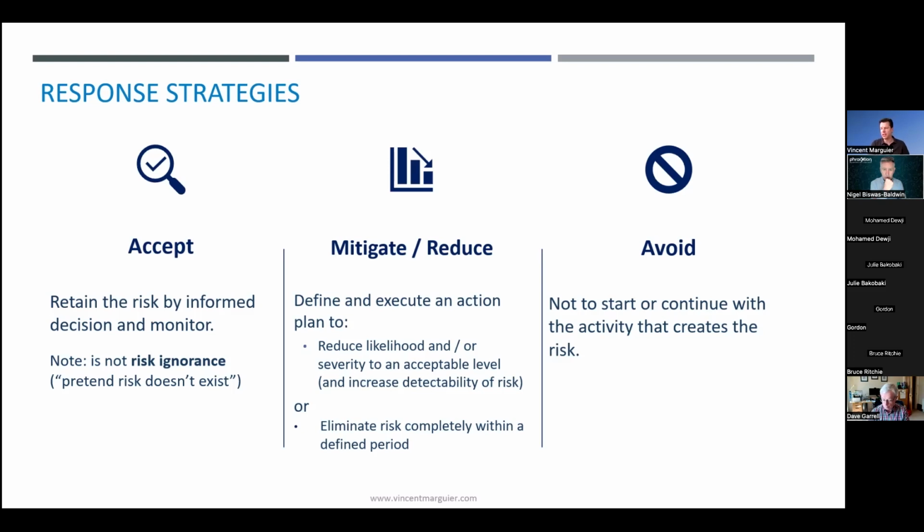So for project managers here, transfer is also a classic response in risk strategies. To me, it belongs more to the overall mitigate and reduce response. Transferring a risk is simply transferring it to another organization, for instance from a pharma company to a CDMO. This is a risk that you could transfer. They're responsible for it, but ultimately, you are still accountable for that risk.